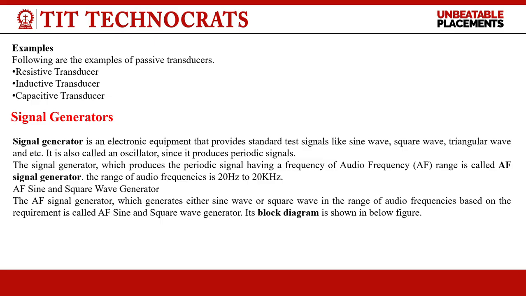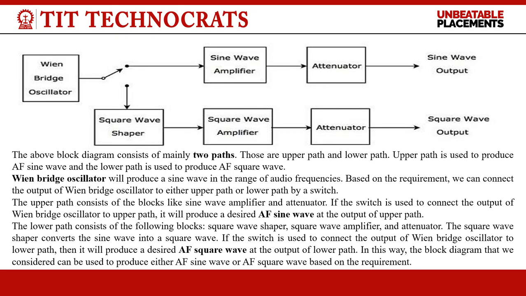Audio frequency sine and square wave generator, which generates either a sine wave or a square wave in the range of audio frequency based on the requirement, is called an AF sine or square wave generator. And the block diagram of the sine wave and square wave generator is: the Wien bridge oscillator connected with the sine wave amplifier, then to the attenuator, which gives sine wave output, and if the Wien bridge oscillator is connected to the square wave shaper, then to the square wave amplifier, and the output goes to the attenuator,